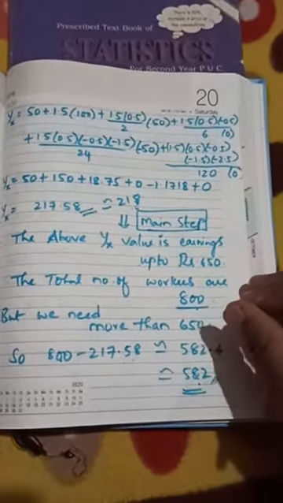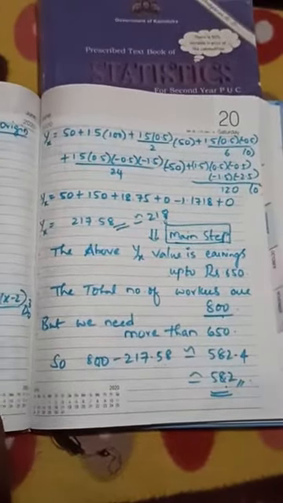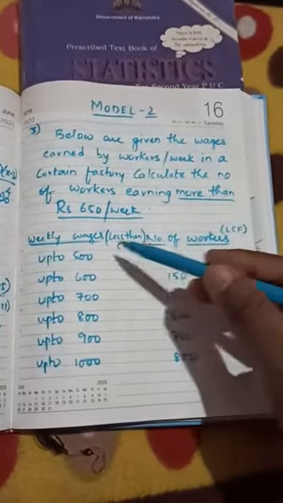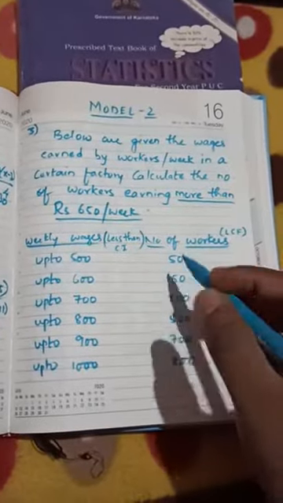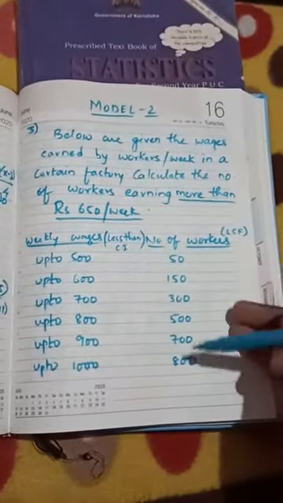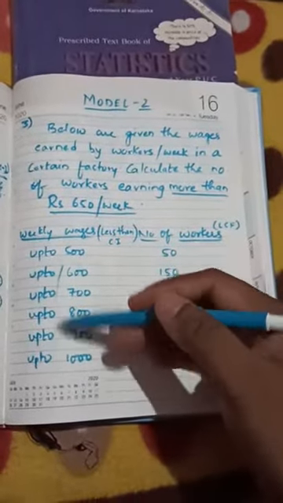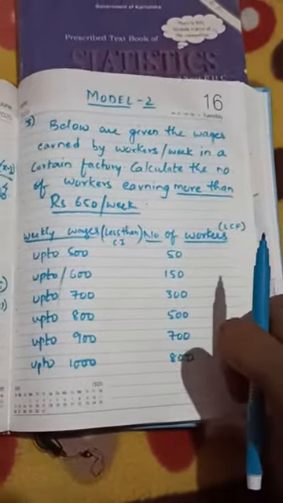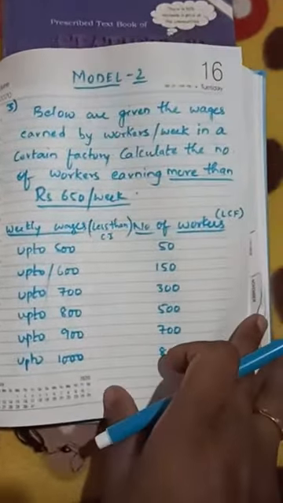What did you observe here? One thing, the class interval which is given is up to, like this, less than. Even when it is given as less than, obviously the data should be in less than cumulative frequencies. If it is given in more than, the data should also be given in more than kind of frequencies. If they are in normal class intervals, then here also they should be normal frequencies. So this way the data has to be converted. Remember.